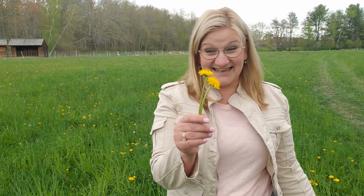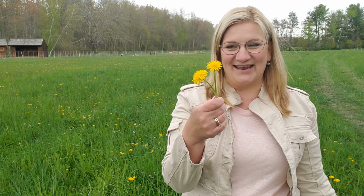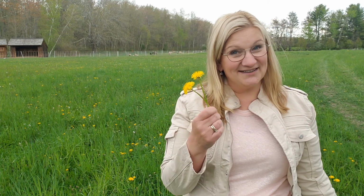Today I am visiting my papa's farm where there's an abundance of dandelions. These little beautiful guys, look at them, bright yellow colored flowers. And you know the spring is here when dandelions are out. I know many of you think that dandelions are a nuisance, they're invasive, they're killing your lawn, where in fact